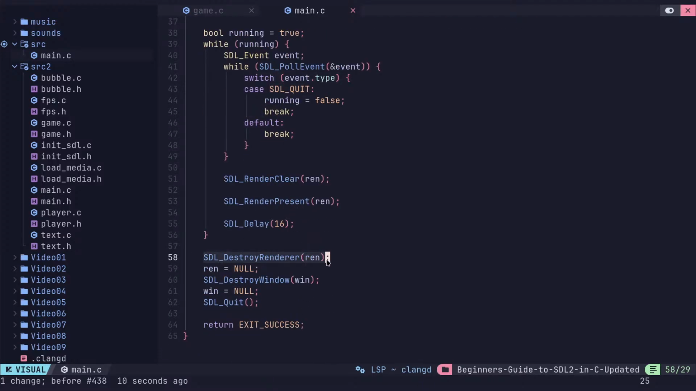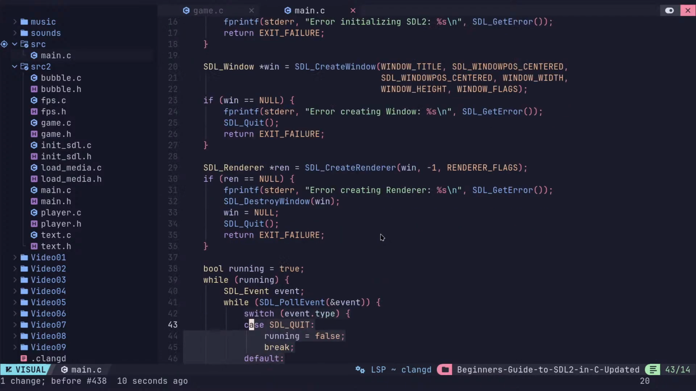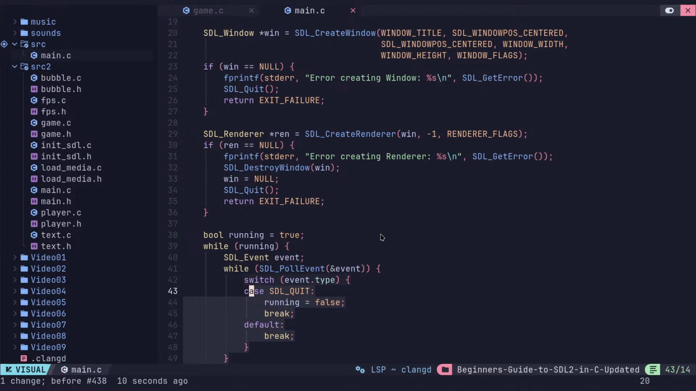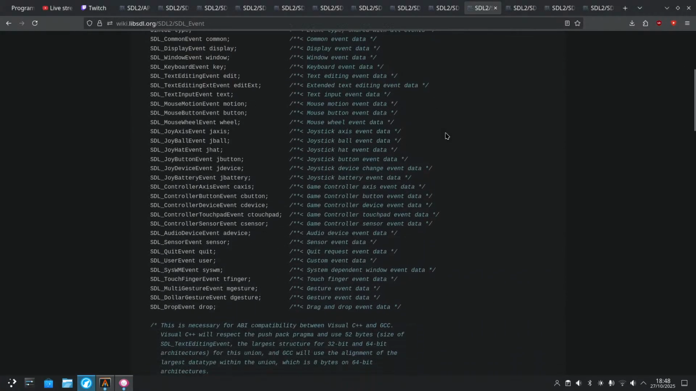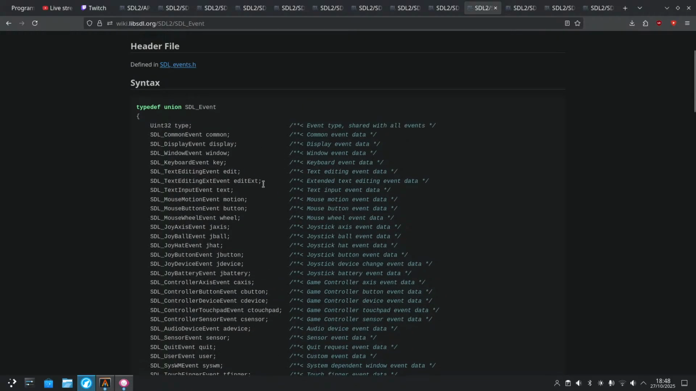When it breaks out, it goes to here, cleans up the renderer, cleans up the window, shuts down SDL, and exits successfully. Okay, so let's add one more thing. Let's go back to these. We have these quits, the SDL_QUIT, but we can also look at keyboards, right? So up here we have SDL_KeyboardEvent, key. So if the type is key,